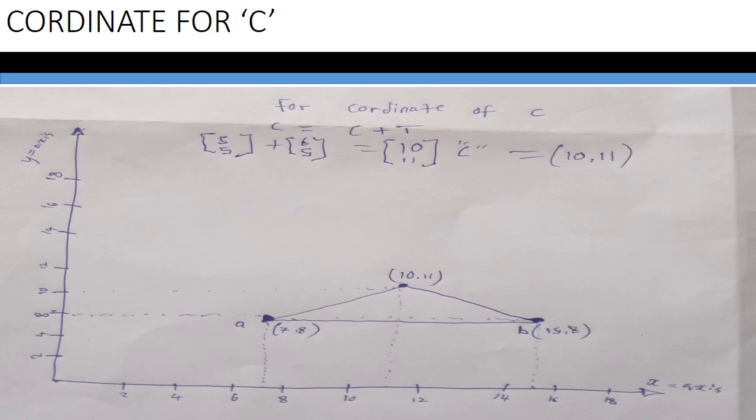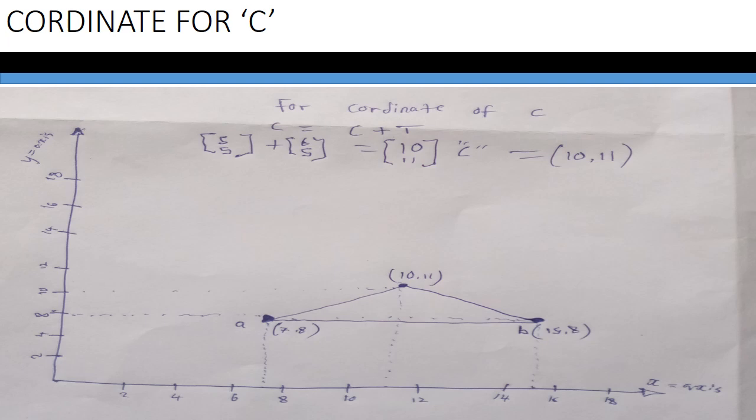So we are to go to the coordinate of B. Our coordinate of B is represented as 15 and 8. So the 15 is placed on the x-axis, while the 8 is represented on the y-axis. We are to draw the line in between 14 and 16. That is where we are to find our 15. After drawing the lines,